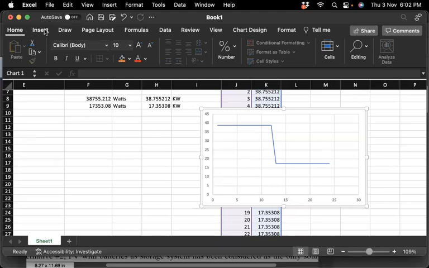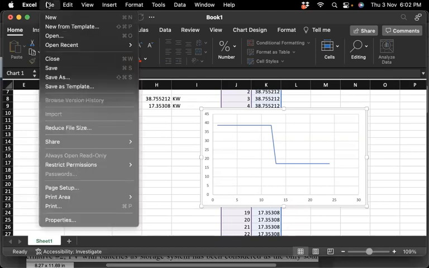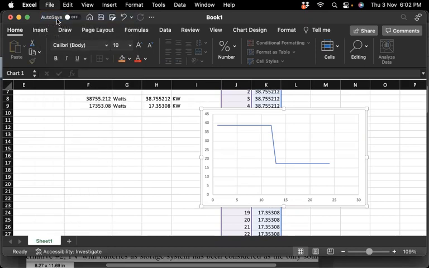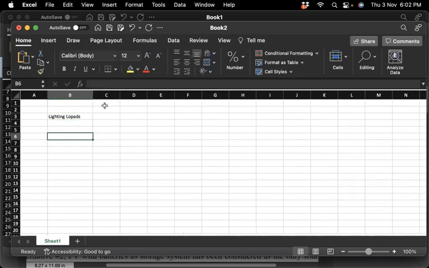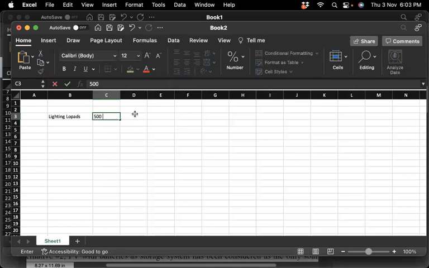Let's now start a new case study with a new load profile. And as I mentioned in the previous part, let's consider, for example, a realistic living room case study for some fundamental loads. So let's say that we have lighting loads of, let's say, 500 watt